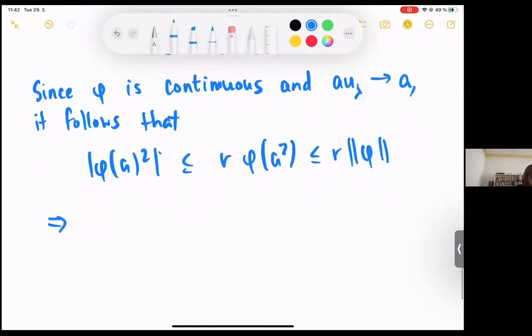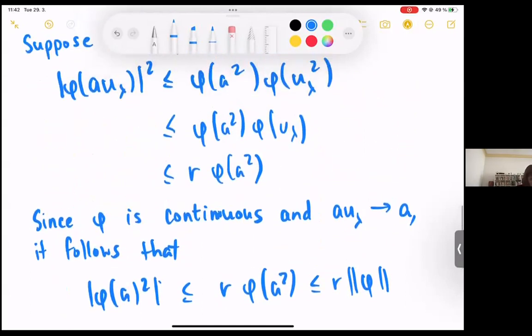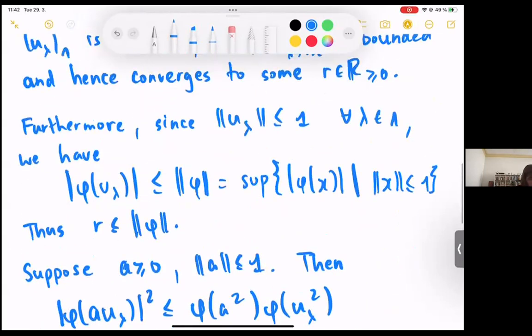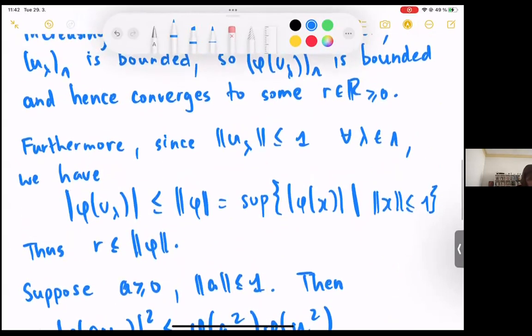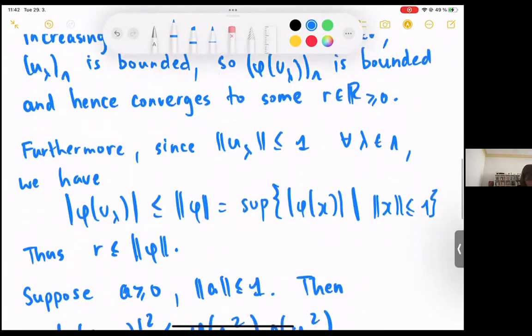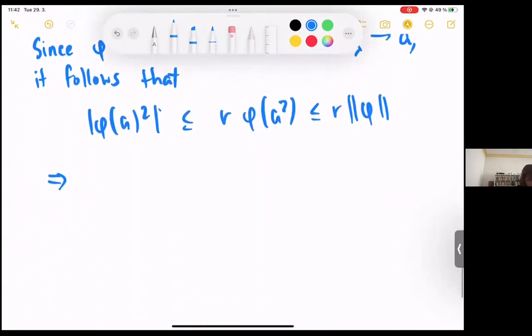Okay, so this gives us that. So recall from here we had that phi of u lambda, of course, is less than